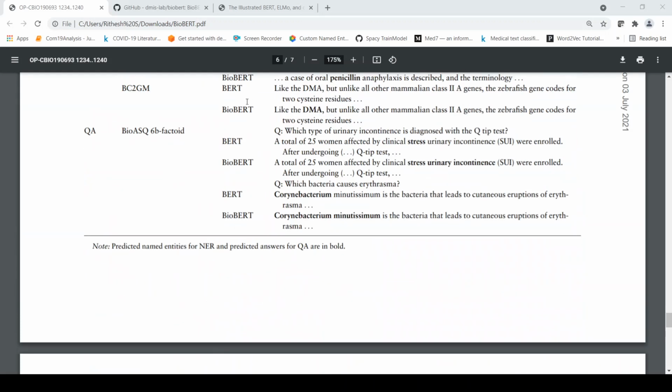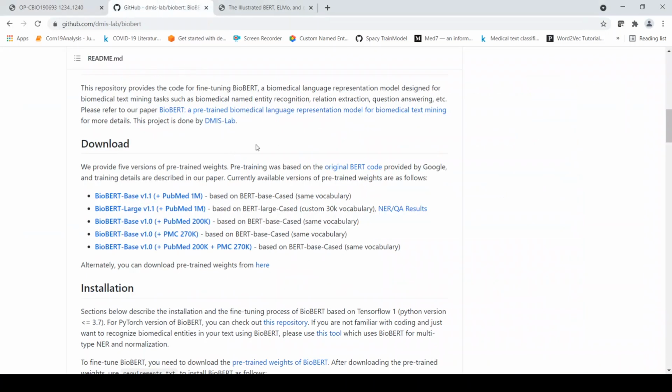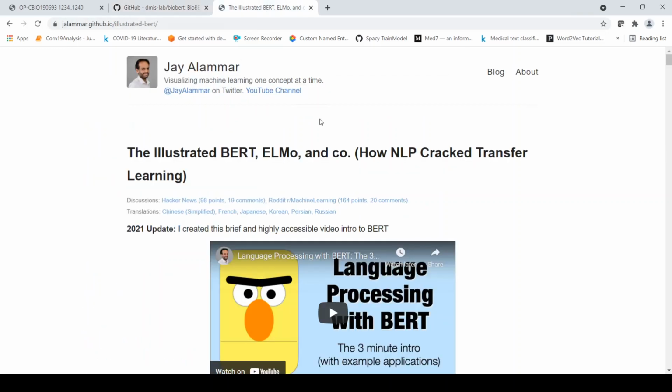Okay, so they have released the code over here for the pre-training of the BioBERT model. You can look at this code and you can, sorry, not pre-training but fine-tuning. So you can use this GitHub repository code to actually fine-tune BioBERT on certain downstream tasks on your medical or biomedical texts. Okay, to learn more about BERT, you can go to this particular article from J Alammar who explains BERT very well over here.